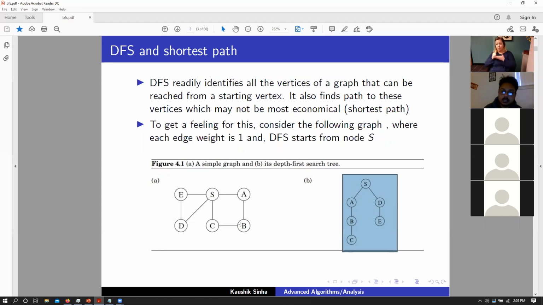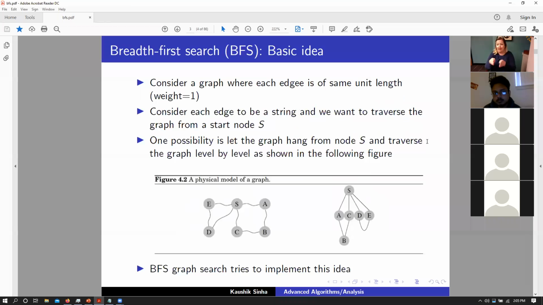So essentially, we are going to look at another algorithm. We will call this breadth first search, or BFS. Again, consider the same graph as earlier, but let's say that every edge in this graph has a weight of 1. Now, in contrast to DFS, where we covered every vertex, their children, the children of that particular vertex, and then we reverted back.